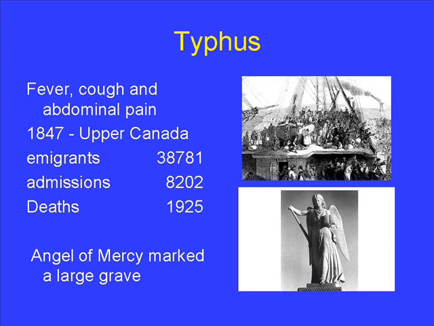And for those who died, they all were buried in a common grave right beside the Kingston General Hospital. And many of you are probably familiar with the Angel of Mercy, which was, in fact, beside the Kingston General Hospital for a long time to mark that common grave, but is now in St. Mary's Cemetery. So I'd like to leave with you a sense of the tremendous impact that illness was having and the epidemics superimposed on it was having on the society that lived in Kingston at that point in time.